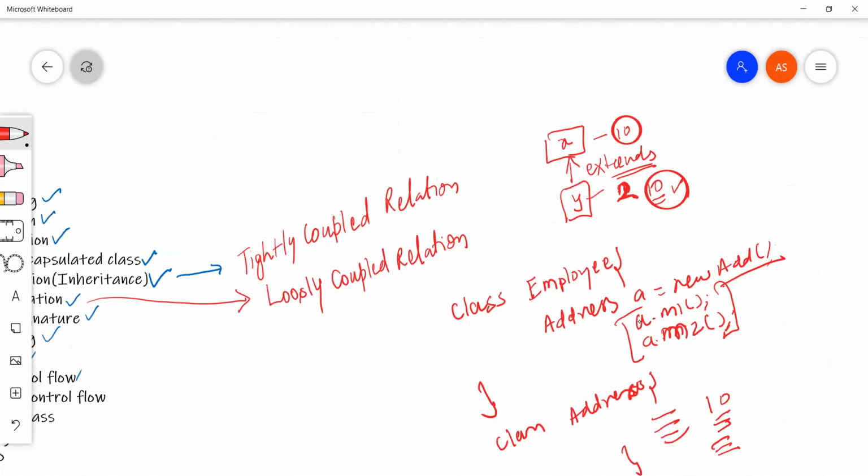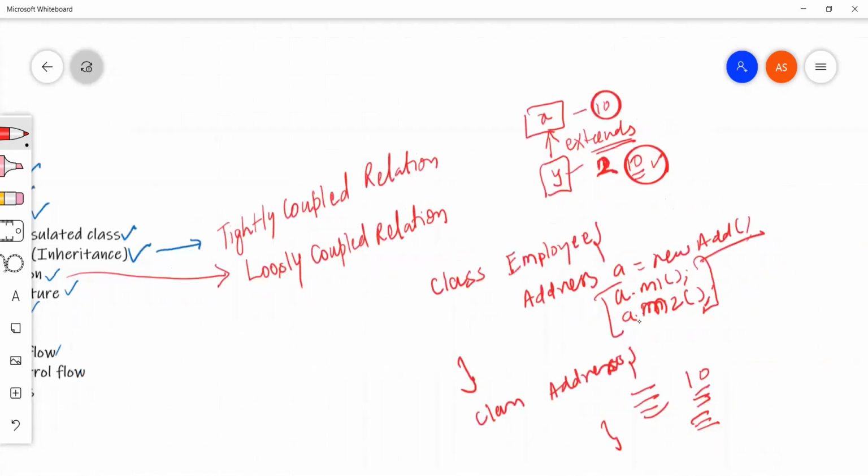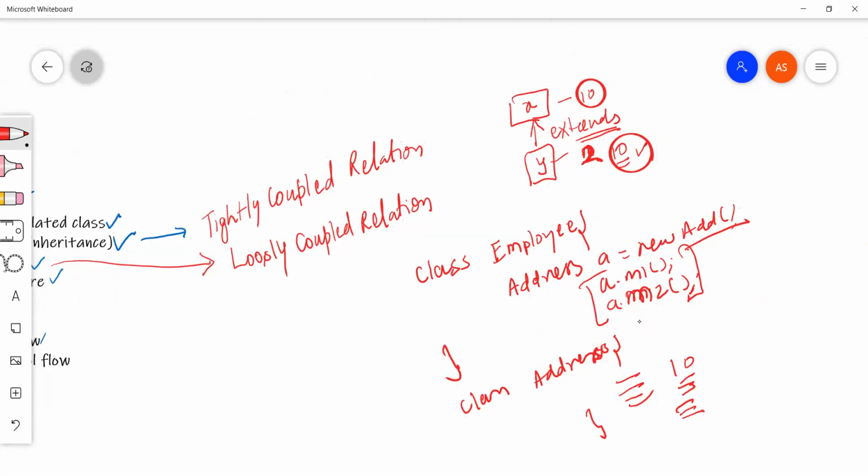Hello, Anuj. I have a small doubt. Yes, tell me. If you write the extends keyword in the program, does it load all the things of the parent class on seeing that keyword, or only at the time of object creation does it load all the methods and data variables?